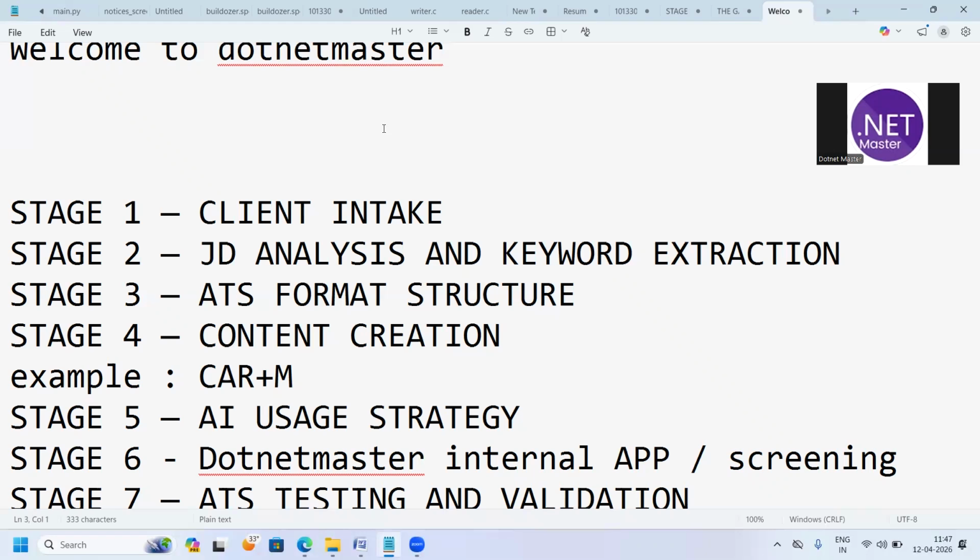And stage 5, yes, definitely we use AI, which is an important strategy, for a complete filter. Using AI. And the sixth, yes, at Dotnetmaster internally we have some internal apps. We screen your resume completely end to end. Once it is developed, once content is ready, your AI validation is ready, everything is ready,